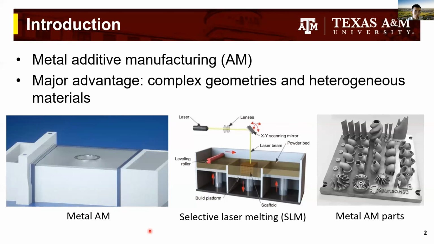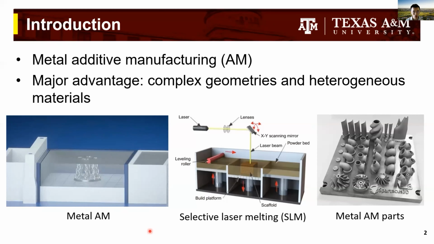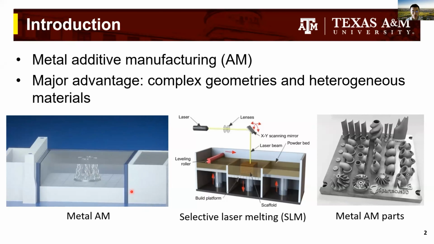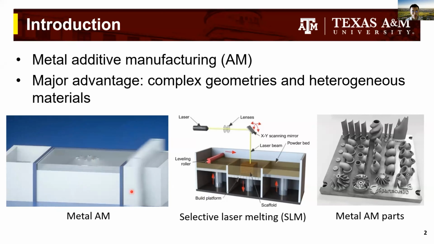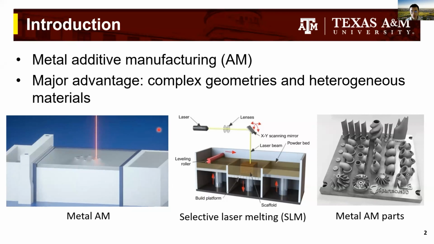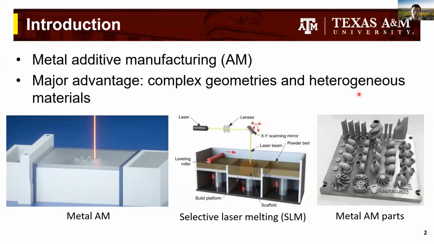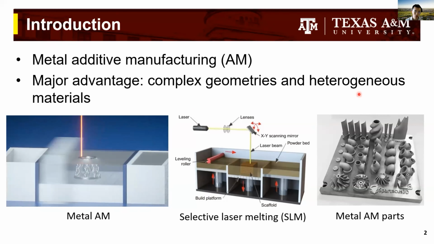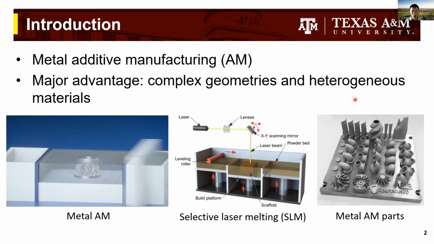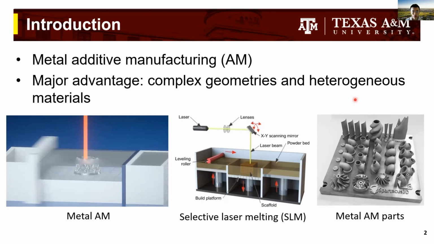So as you know, metal additive manufacturing is a transformative technology by which metal parts are printed layer by layer with high energy laser or electron beams. One of the biggest advantages of metal additive manufacturing is that it can significantly improve the manufacturability of metal parts with complex geometries and heterogeneous materials. Therefore, metal additive manufacturing has various applications in different industries, such as biomedical, aerospace, automotive, energy, and high-value, low-volume industry